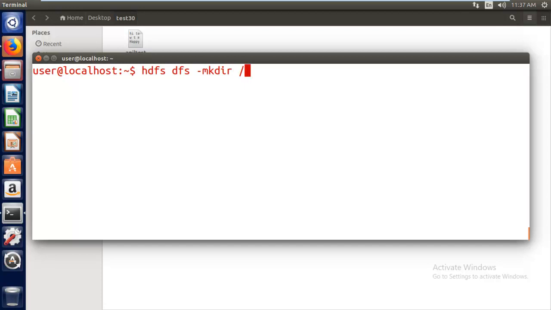Here I'm giving Shreyas as my directory, which I want to create on HDFS. So I said very clearly hdfs dfs -mkdir, and the slash indicates that you are referring to HDFS, followed by my folder name, Shreyas. Hit enter.